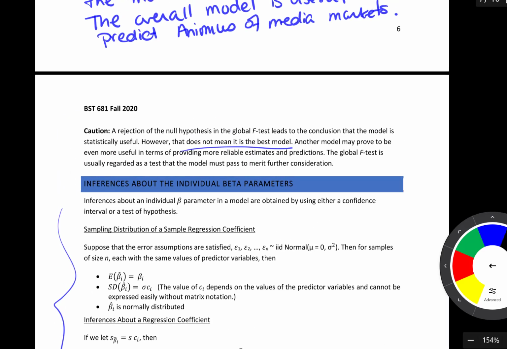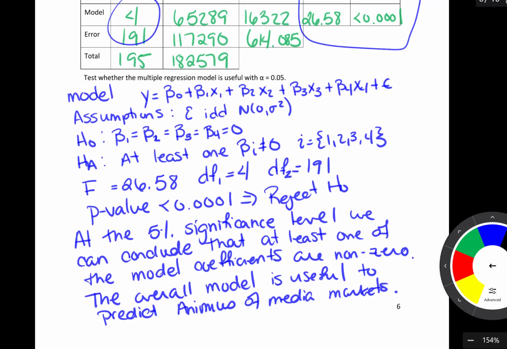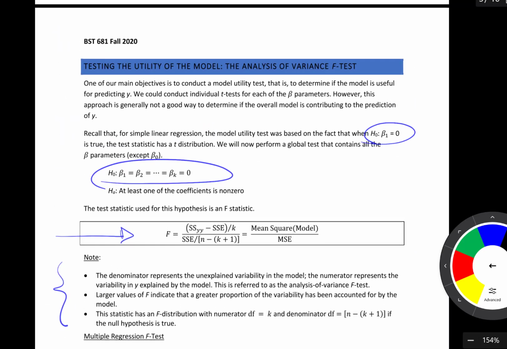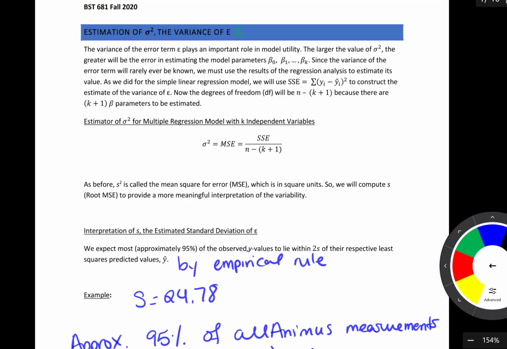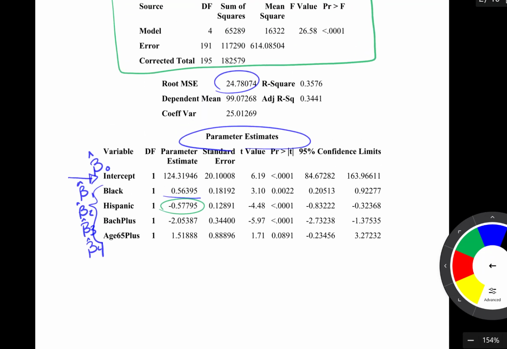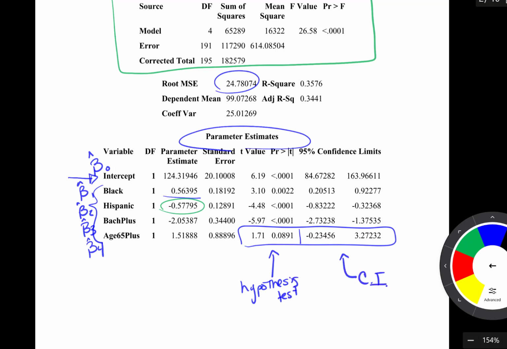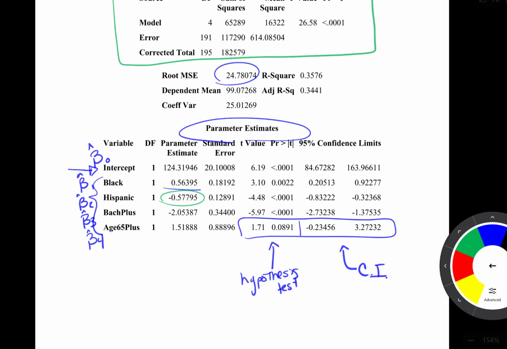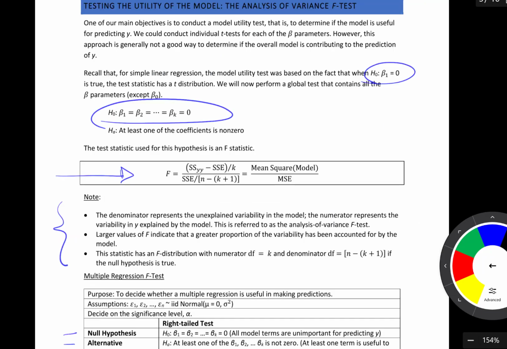So going back up. You'll notice that here in the parameter estimates, we have two pieces of information. Here we have the test statistic and the p-value, and we're going to use this for hypothesis testing. We also have here the confidence interval, which we'll look at momentarily. So going back down,